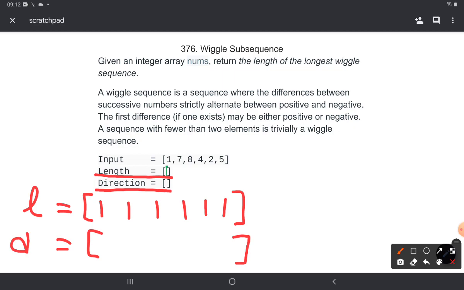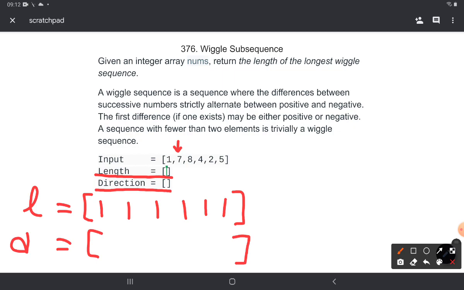So I start with the second element of the array, which is 7 over here. I compare it with all the elements starting from the start of the array till the element on which I am currently. So if I am on 7, I'll start comparing with the previous element. I'll start with 0th index, which is 1.